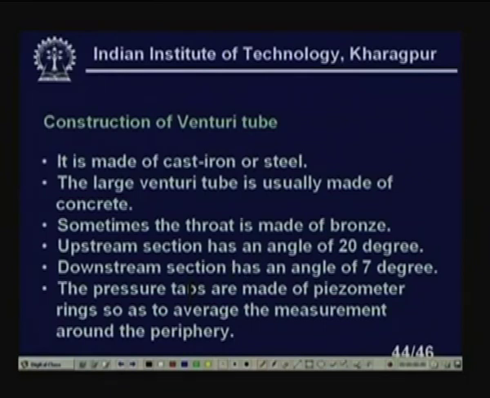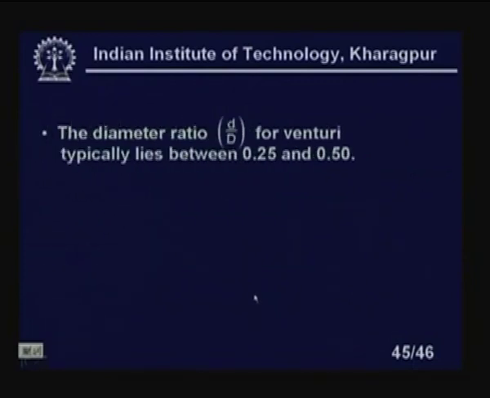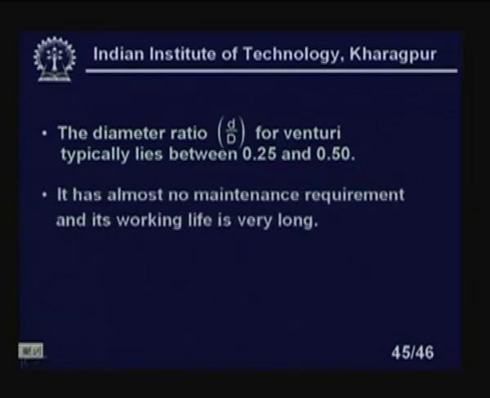Pressure taps are made of a piezometer ring, so as to average the measurement around the periphery. The diameter ratio, small d by capital D, for a venturi typically lies between 0.25 and 0.50. It has almost no maintenance requirement and its working life is very, very long. So, almost absolutely no maintenance, which is necessary in the case of